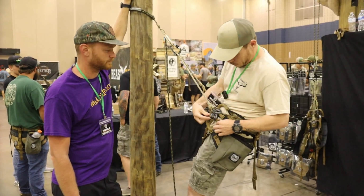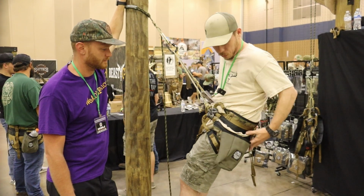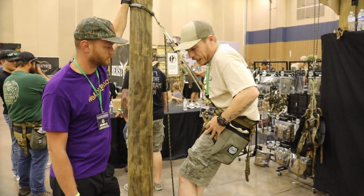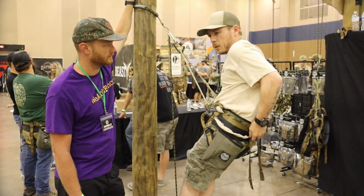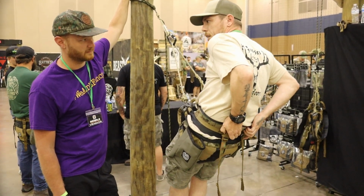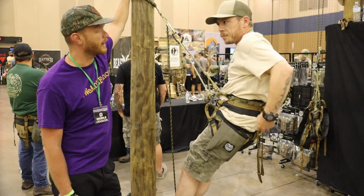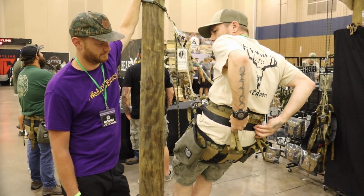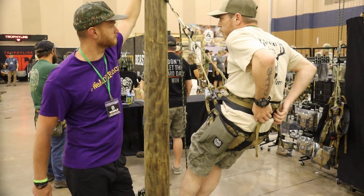So you can adjust each section up or down to pull each individual section either higher or lower. Everybody's going to be a little bit different, but one thing I thought was really cool was the way this is attached back here. Would you suggest you unclip it, pull it to the position that you want, and then stretch these buckles all the way out,